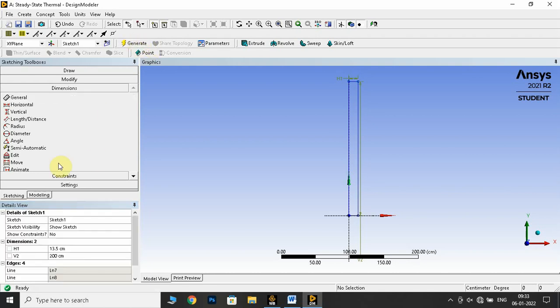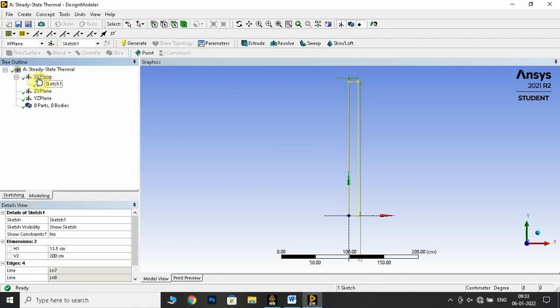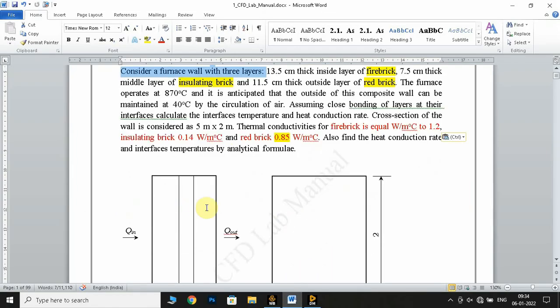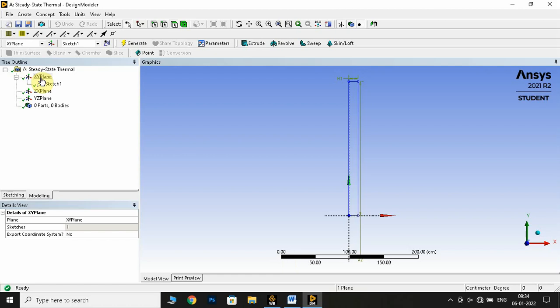You can click generate. After that, we have to go to the modeling, XY plane, and as we did a sketch, we have to generate another 2 sketches for the 2 rectangles. So look at this, okay, and new sketch. So sketch 2 is generated.